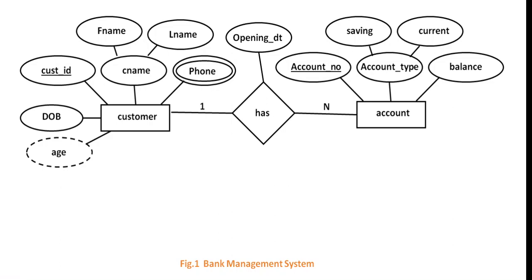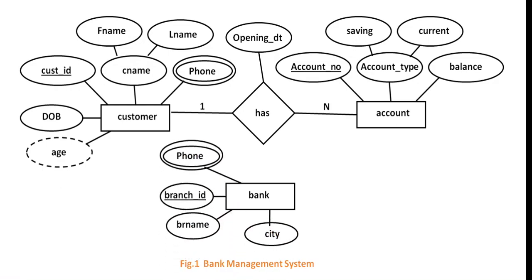That's why opening date, this attribute is connected to the relationship, and it is called a descriptive attribute. Then we have the third entity, that is the bank entity. Bank entity has attributes branch ID, which is a primary key, branch name, city, and phone number, which is a